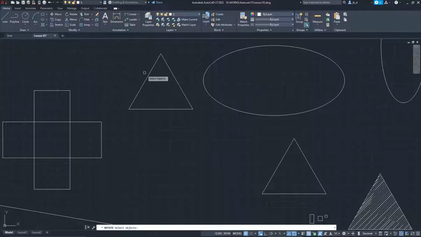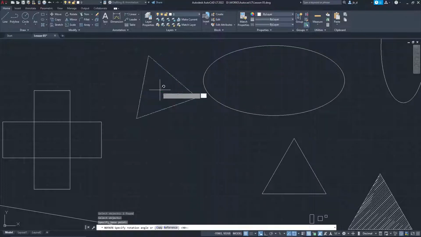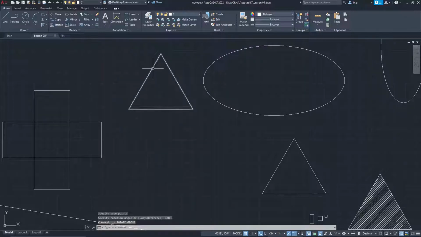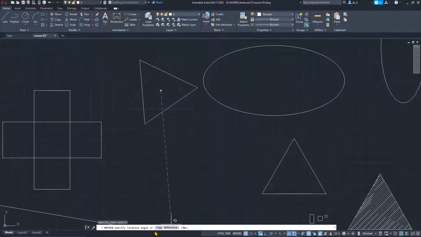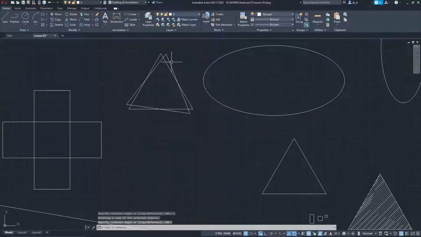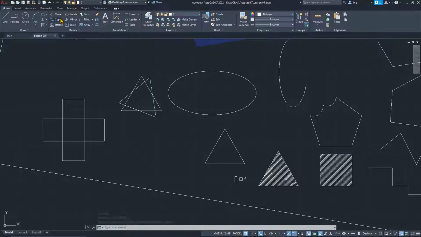So I'm going to go to rotate again, select objects, and if I roll over here the border, it's going to show me the midpoint, but also that star there in the middle. That's the geometric center. And again, I can continue to rotate and copy. So let me do that again. Rotate, roll over the border, click on the geometric center, press copy, and this is going to create a copy. And I can continue to do that. You can select, right click, repeat, rotate, get the center, and continue to rotate and copy. Okay, now let's move on and go to